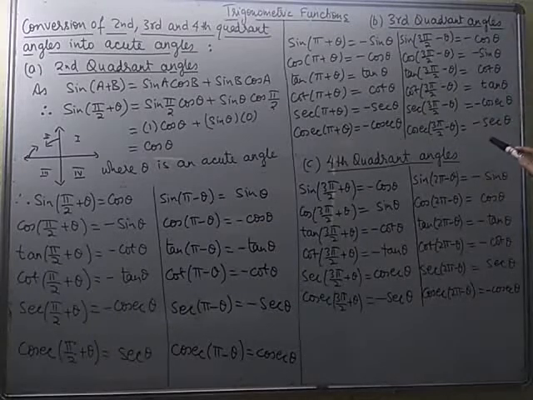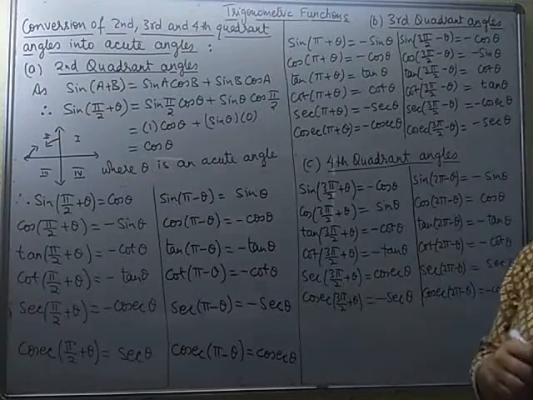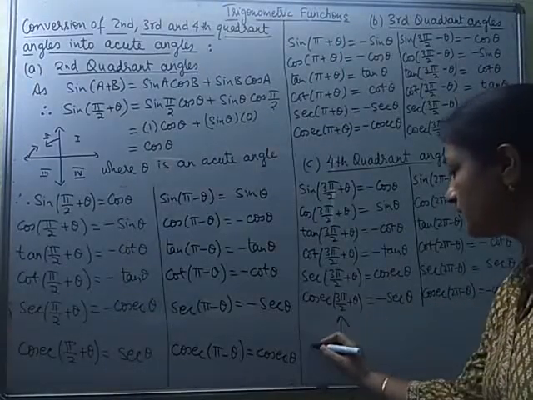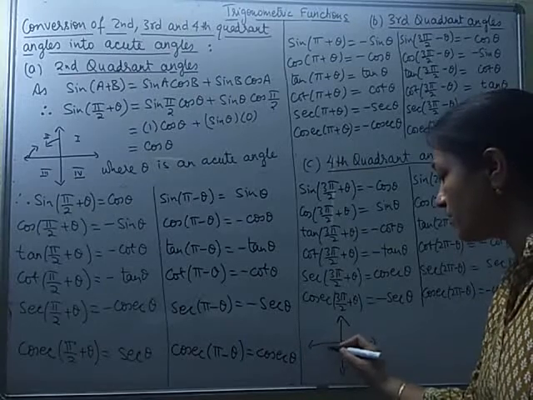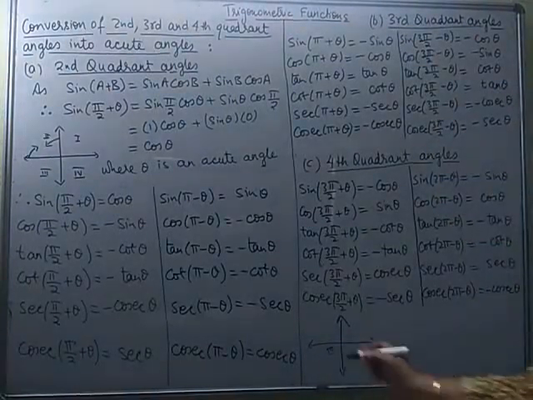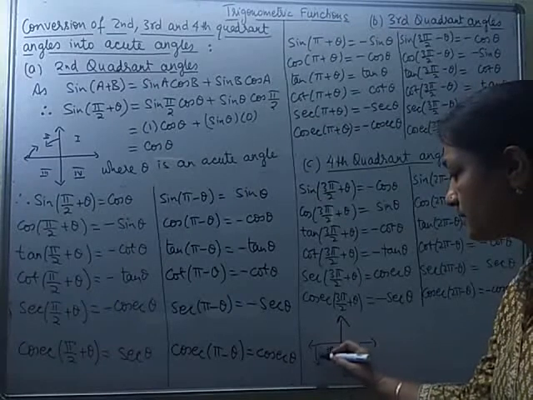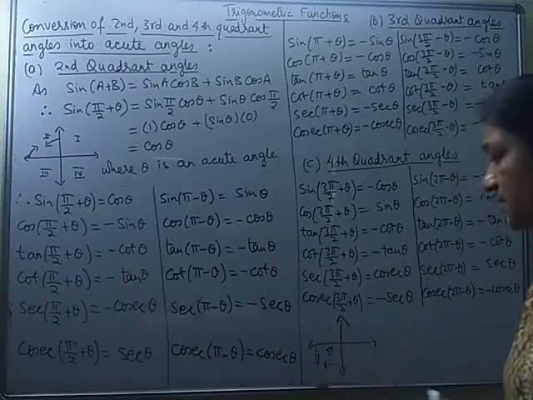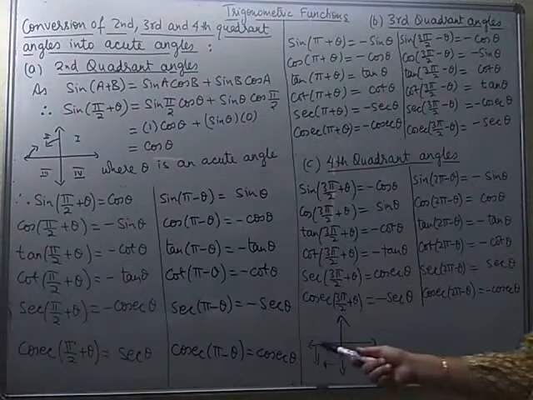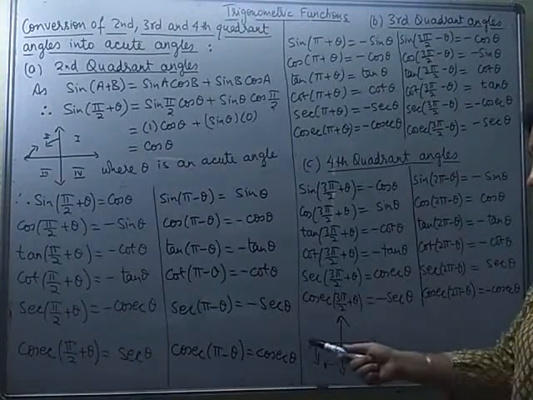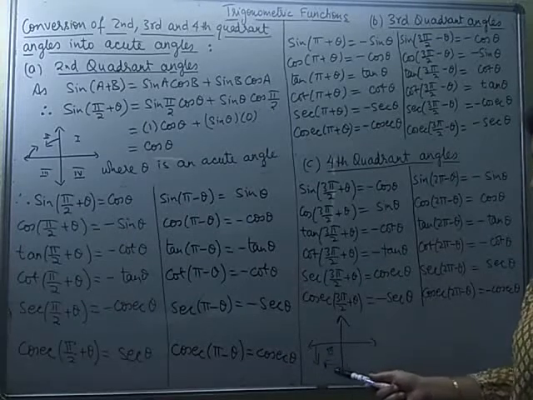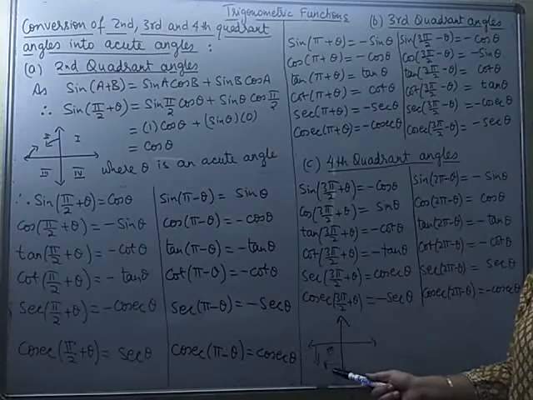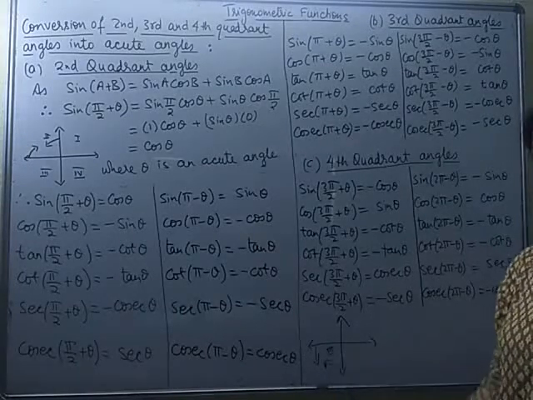So coming to the third quadrant angle. See, third quadrant angles can also be written in two ways. Look at this axis again, the four quadrants again. So we are now talking about third quadrant angles. Either we can write them as pi plus, 180 plus acute angle, or you can write it as 270 minus. So conversion can be made about the angle along this horizontal line. It can be done about the angle along this vertical line. So there are two ways of converting a third quadrant angle into acute angle.